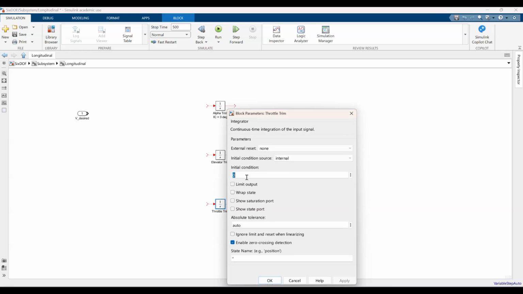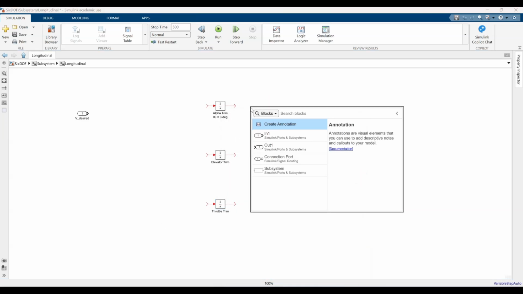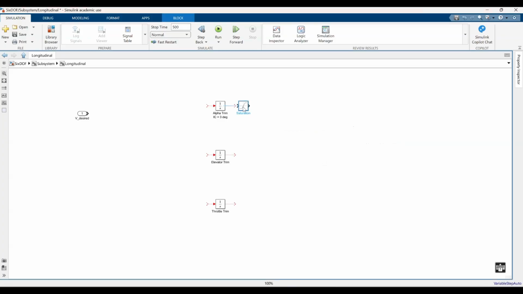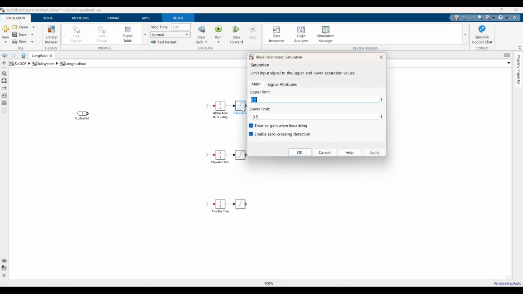Throttle trim, double click. Let's make that 0.5 for now. Okay, now we want to do saturation because these are important parameters. We don't want the airplane to go beyond a limit. So this is saturation. We will make this alpha trim saturation to be -10, +15 in degrees, which will be these values in